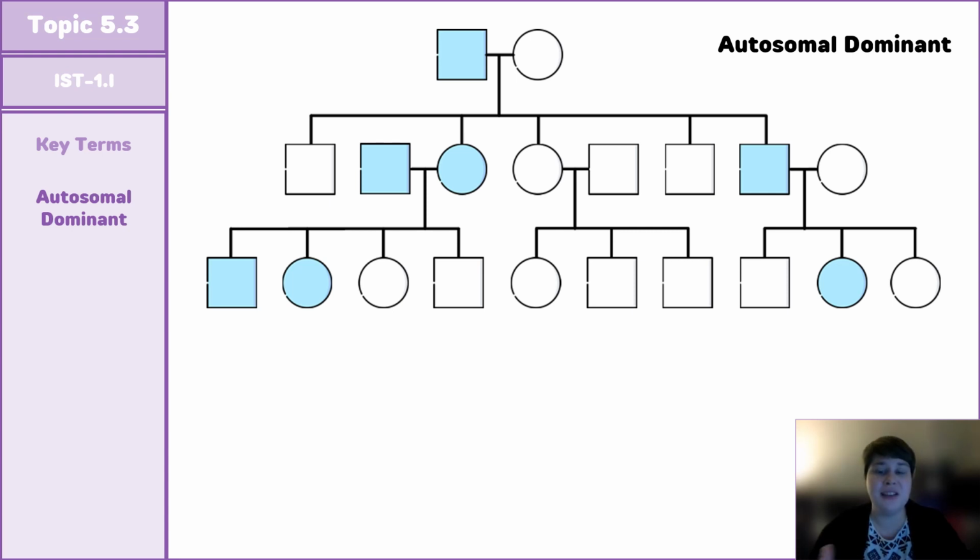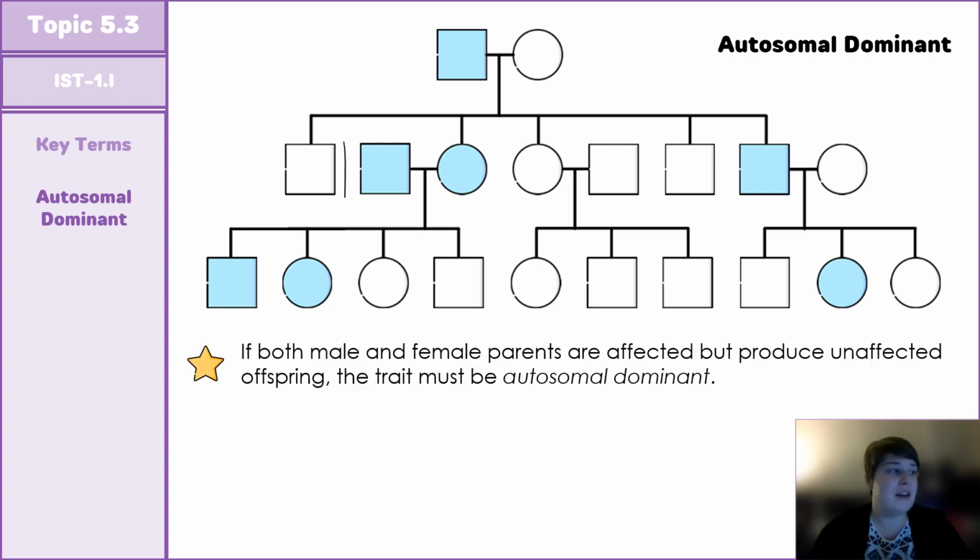A couple of things to keep in mind that may make this easier is, starting off, if both male and female parents are affected, so they have the characteristic, but they produce unaffected offspring, that means that our trait has to be autosomal dominant. This shows that both of our parents are heterozygous for this particular gene, and they're able to produce, at least in a 25% expected ratio,